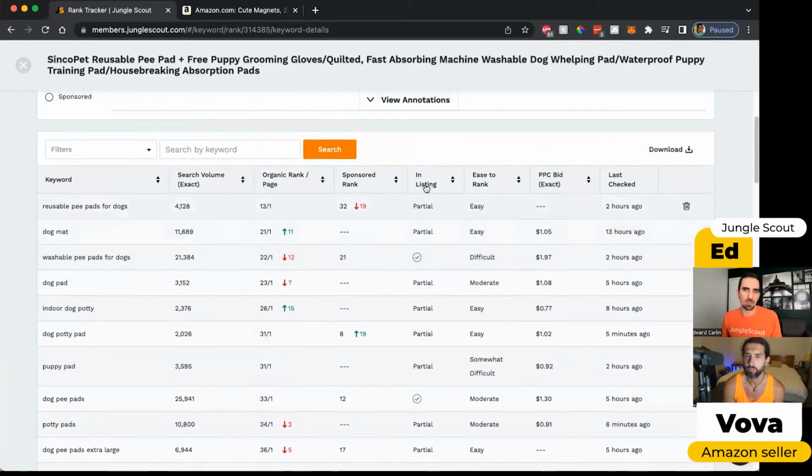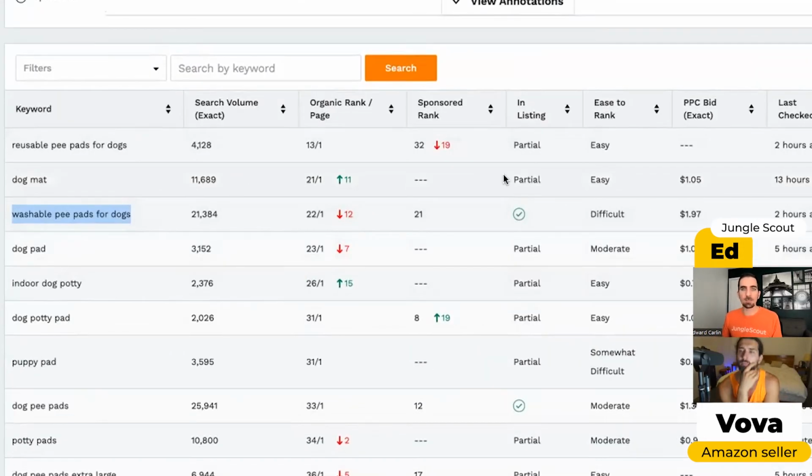Last thing I should point out is when it says in the listing, you can see here this green check mark, that means that this entire phrase is included in my listing as it is written. If it says partial, that just means that part of this phrase does appear. So probably the word mat appears somewhere in our list, or the word dog does, but not the phrase dog mat. So that could be an indicator that I might want to actually include the specific phrase dog mat if